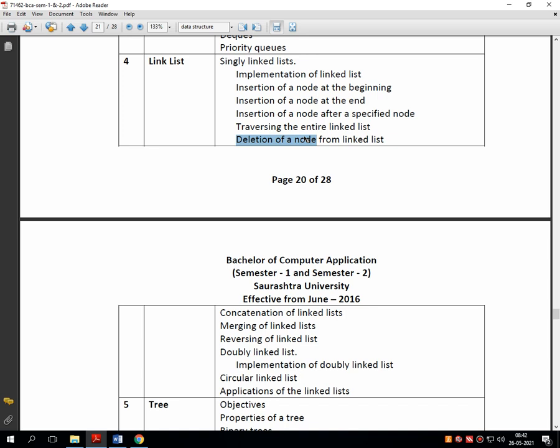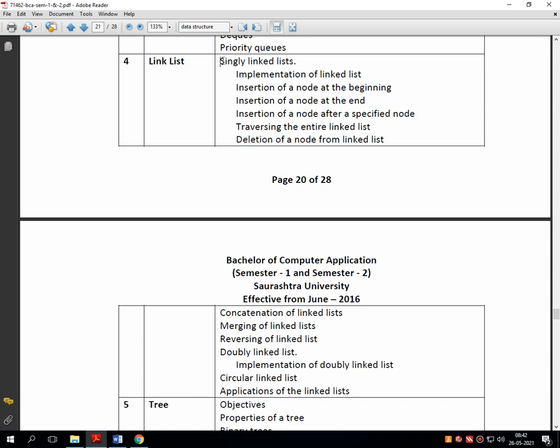All these operations we first discuss theoretically, then go for the algorithms, and then make a combined code for all these operations.